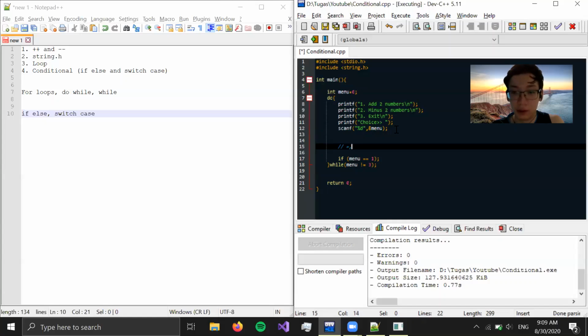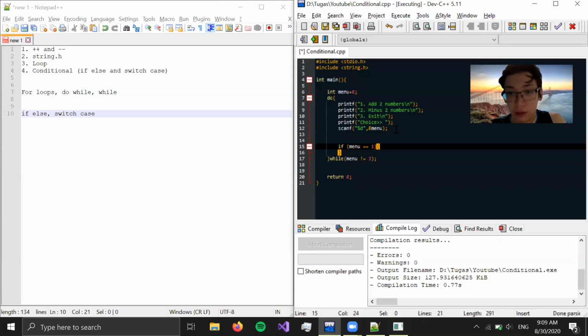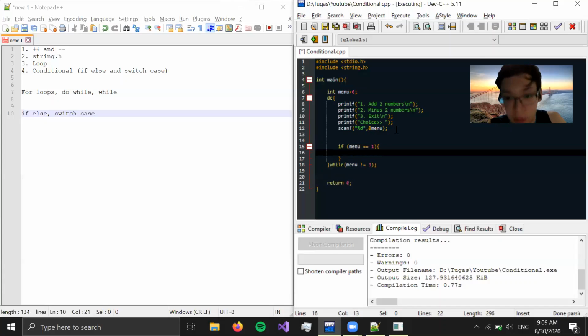But if you are going to compare something, then you use two equivalents. So if menu is 1, then you are going to use two equivalents. That's the difference. So if we are going to use this conditional comparison, I mean, then you are going to use double equivalent. If menu equivalent to 1, then